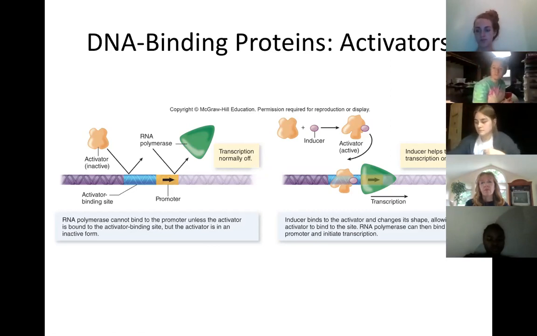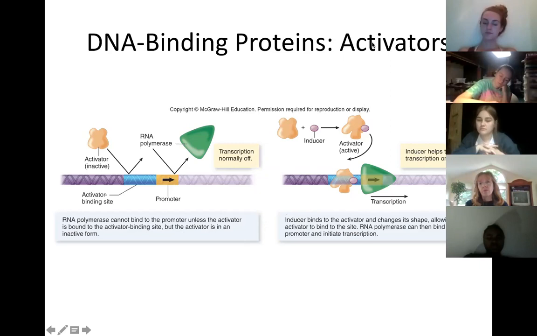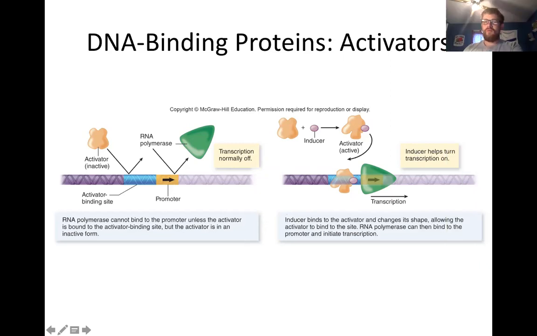So you'll see in the lac operon, you're going to have an activator that binds for the polymerase to bind. You're also going to have a repressor removed in order for that polymerase to work, right? So these are not necessarily independent events. You can need an activator and have to have a repressor removed. So there can be a lot of things going on. And that's important too, because that's multiple touch points and multiple regulation points for cells to use.